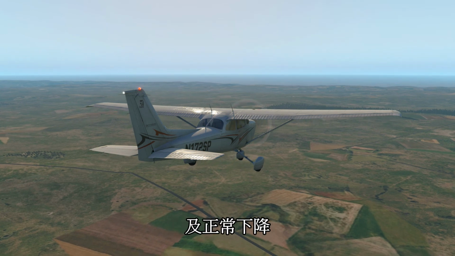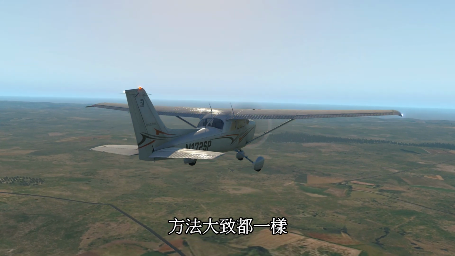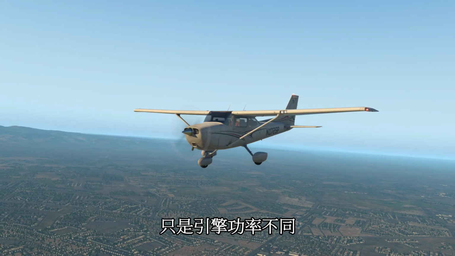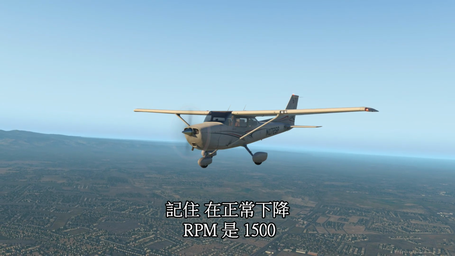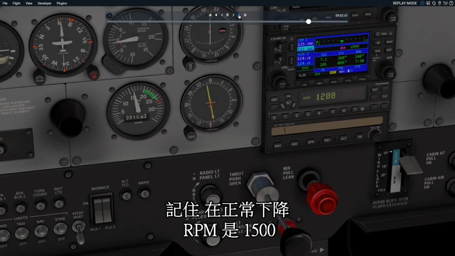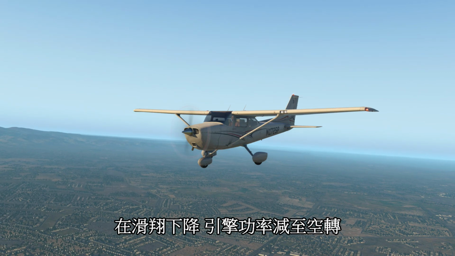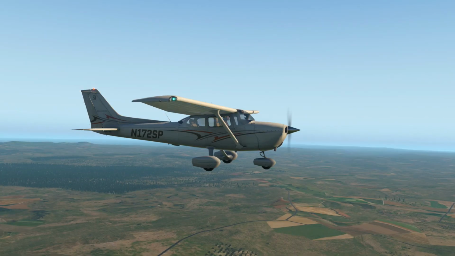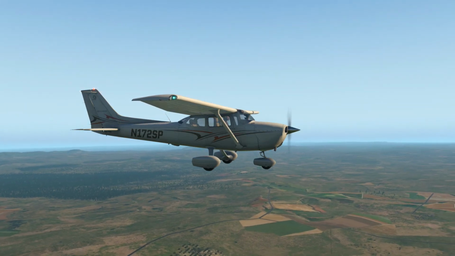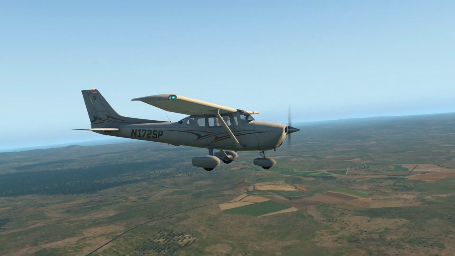For glide descent and normal descent, the methods are also the same, just the power settings are different. Just remember, in normal descent the power setting is 1500 RPM, and for the glide descent we set it to idle. If you forgot how to trim the aircraft or how to climb, you can check both videos here